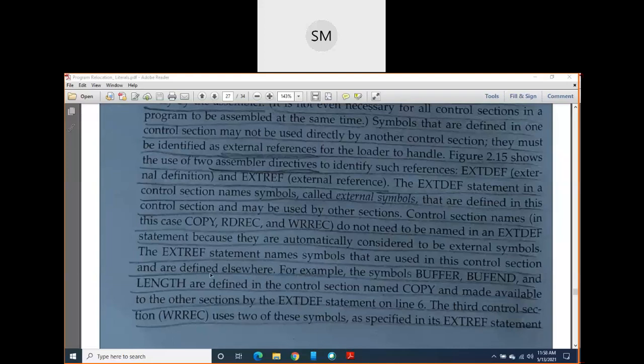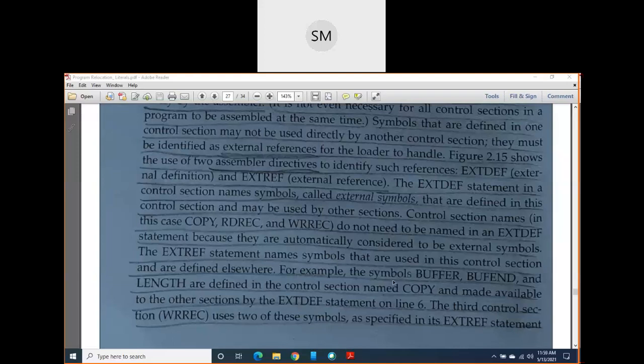It means the symbols which are used in this control section are not defined in this control section; they are defined in some other control section. I know very well you are getting confused. Don't worry, in the next slide I will tell you clearly. I am just making you remember these assembler directives, external definition and external reference, that's all.